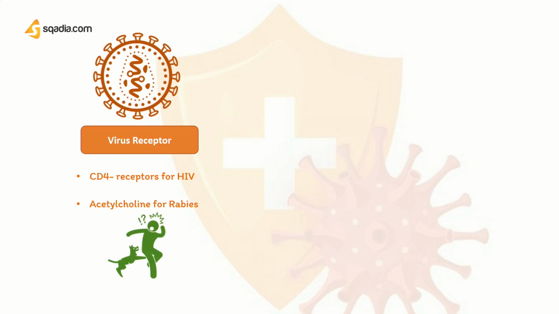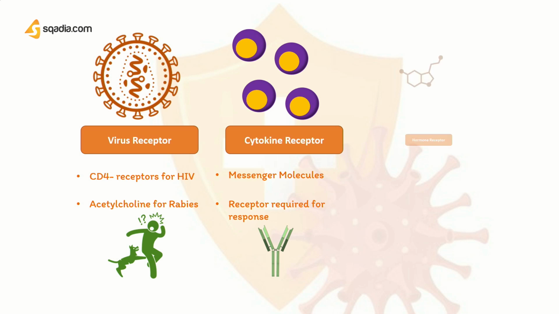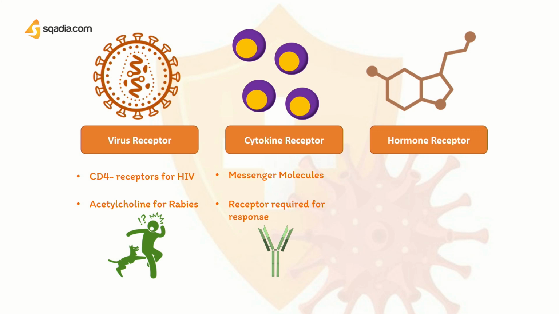Then we have the cytokine receptors as well, where the communication between the immune cells is largely mediated by the messenger molecules known as the cytokines. To respond to a cytokine, a cell needs to possess a receptor for it. Then we have the hormone receptors. In the same way as these cytokines, the hormones, for instance, insulin and steroids, will act only on the cells